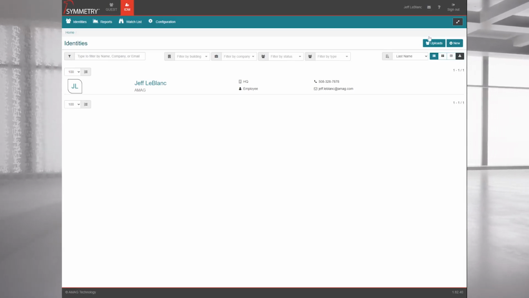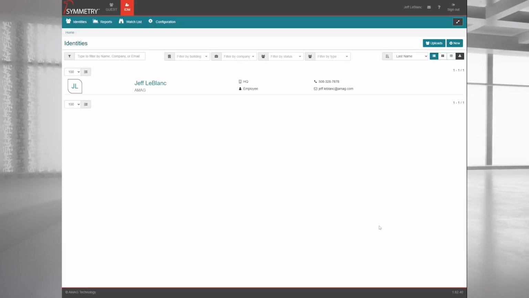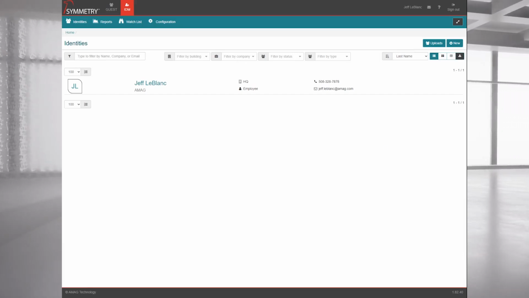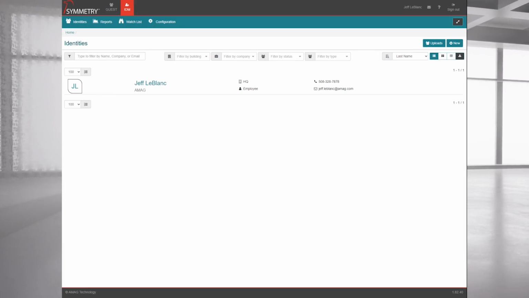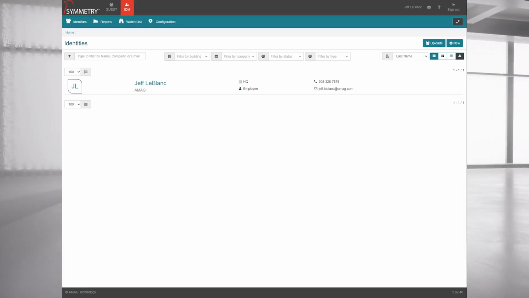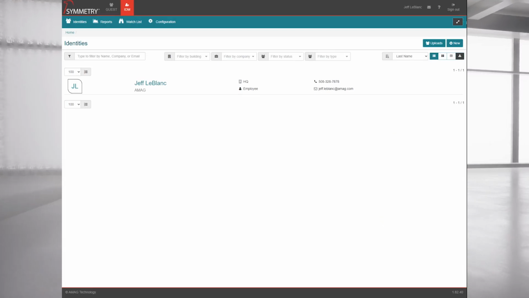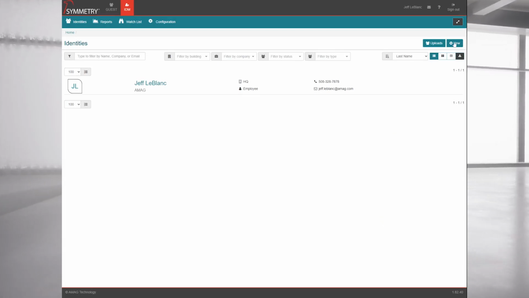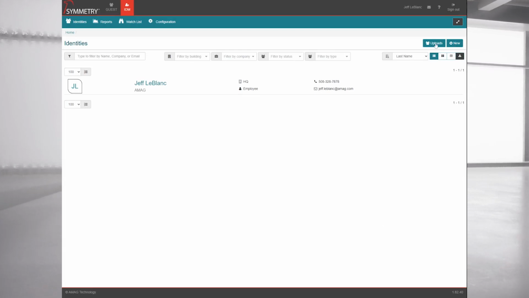There is also an advanced REST API that can be utilized to automatically onboard and offboard identities from your HR system of record. For now, I'm going to show you how to add a user manually and how to upload users simply via